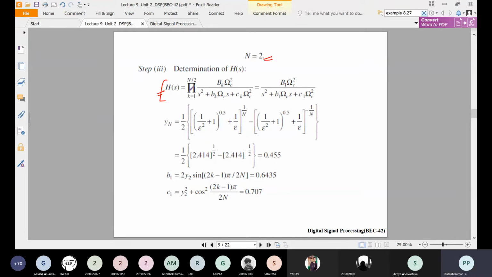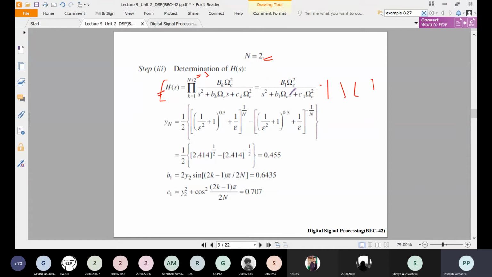If n is equal to even, this is the formula. Here n is equal to 2. Once we put n equal to 2, it is simple, only one term will be there. So it has used this formula. It would be more complex if n by 2 comes out to be, suppose, 3, then 3 terms would be multiplied. It would be quite complex. That is why n is equal to 2 is taken, so it is simple.